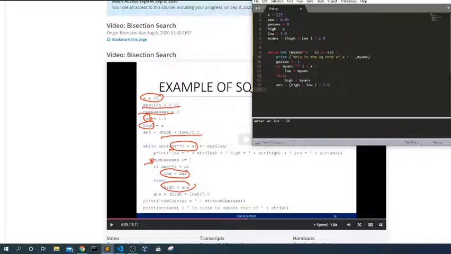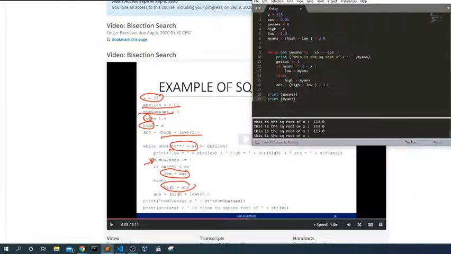I'm going to go out from the loop and print guesses. I don't know why he's going for a string. Yeah, print my answer. I'm going to do this.